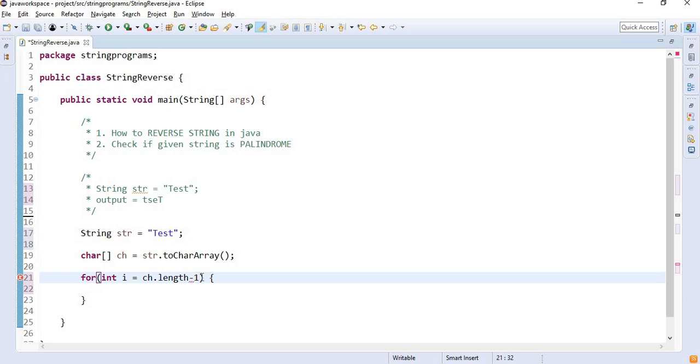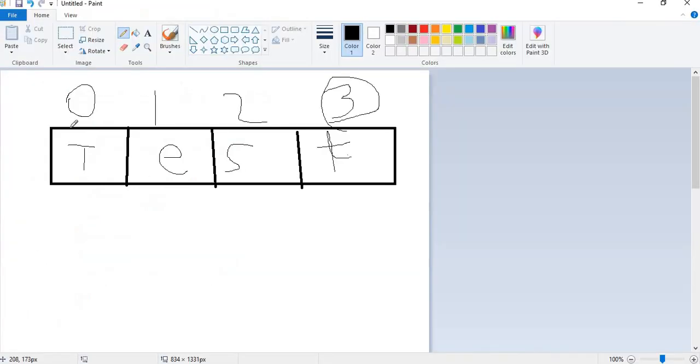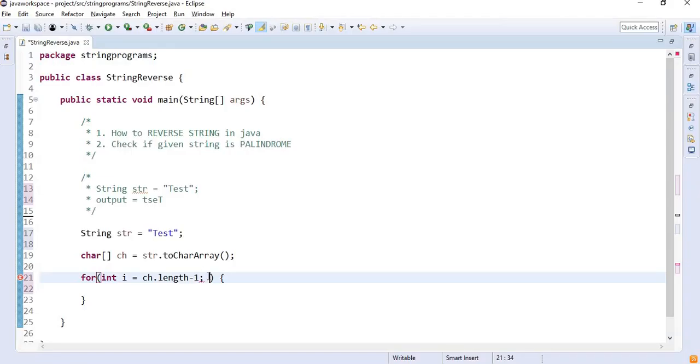Then, what is the expected condition when my loop should stop? The loop should stop when it reaches 0. If my index is greater than or equal to 0, till then it should loop.